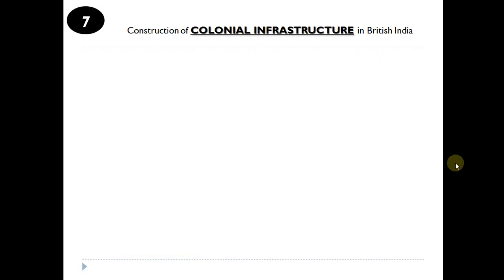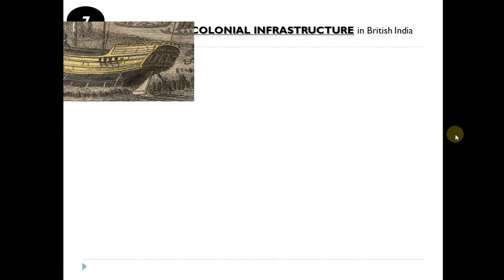Construction of colonial infrastructure in British India. To control a country as large as India, you need to have infrastructure. Why? You need to have infrastructure so that your officials could be at the right place at the right time. So